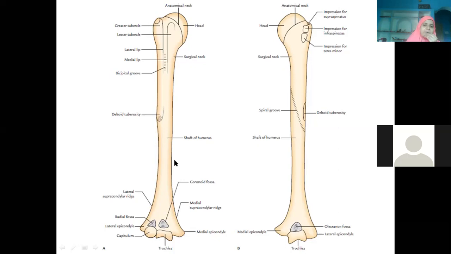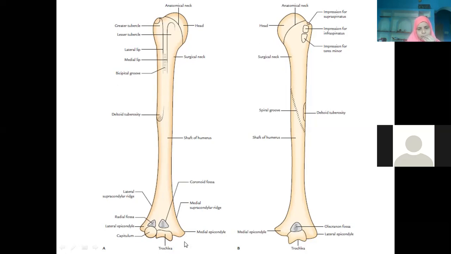The surface between the medial and lateral border, if you see from behind, you call it the posterior surface. In the posterior surface, we have the spiral groove where the radial nerve will be passing. This is the place where it gets fractured. It's prone for fractures, and in case of radial nerve injury, you will see triceps extension is not possible because the triceps and all extensor muscles are supplied by the radial nerve. Of course we will elaborate much more, but for now, as the point comes, the spiral groove can be a 3 marks question. Surgical neck of the humerus can again be a 3 marks question.